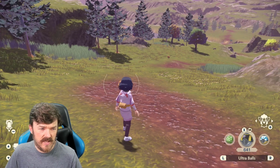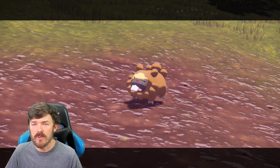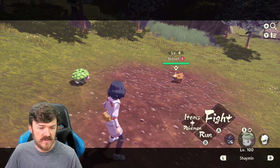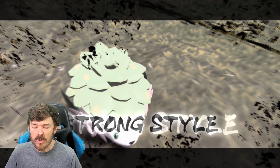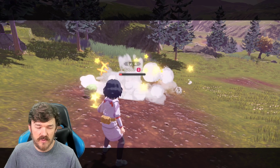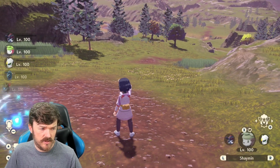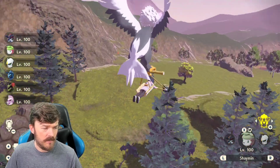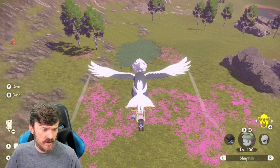So what I would do is I would go and battle all these Pokemon, use up my strong style moves, use up my agile style moves, and then once I get done with that, I would go on to the next Pokemon, use up my strong style moves, use up my agile style moves, make sure I'm doing the moves that I'm required to do, and then once I get done with all of these Bidoof right here, then I would jump over and do all of the Shinx over here, and the Shinx are pretty aggressive,